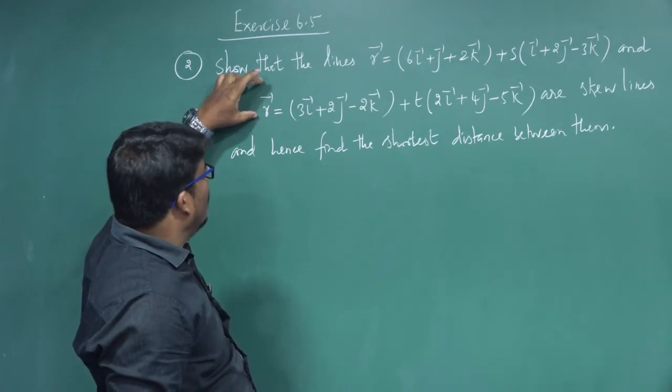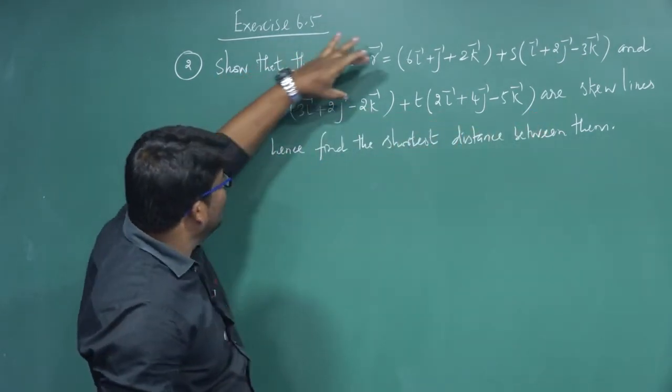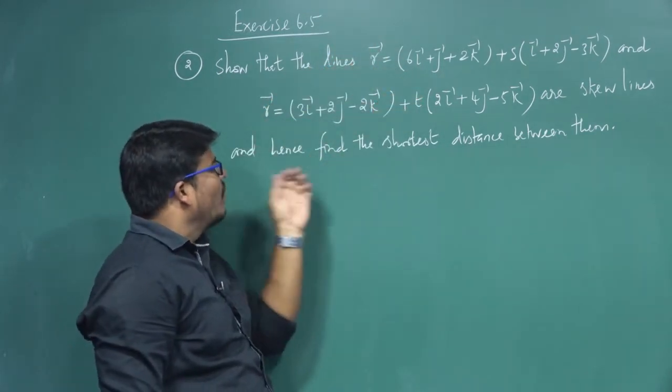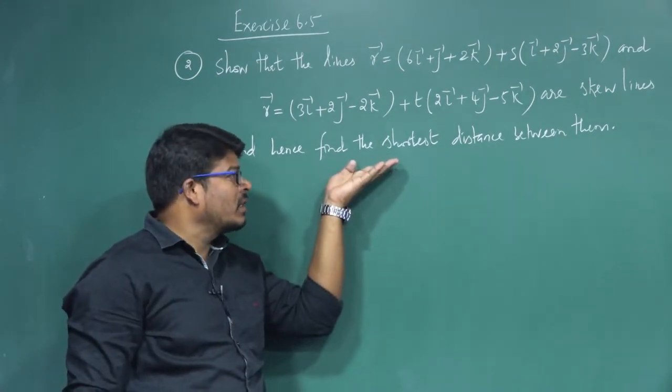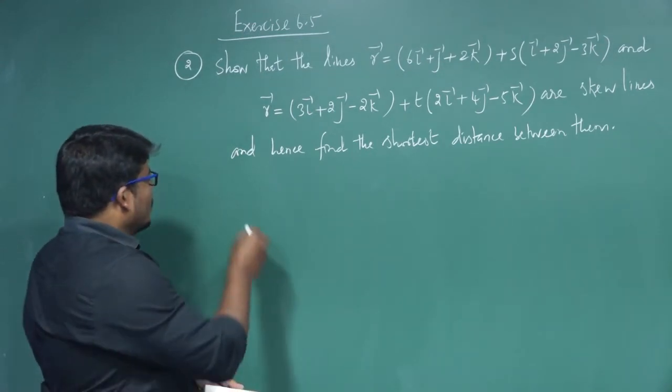Given two lines are skew lines, we have to prove it and find the shortest distance between them. Find the shortest distance between skew lines. First, write in here,